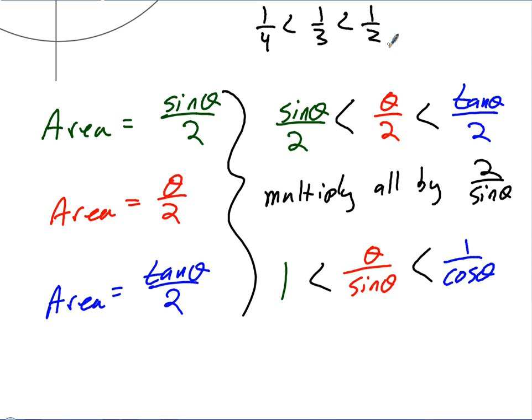If I flip all of those, this becomes a 4, that becomes a 3, and that becomes a 2. Obviously I have to change the signs. It makes sense if you think about it, because fractions get smaller as the denominators get bigger, but fractions get bigger as the numerators get bigger, right? And so when I flip these things around,